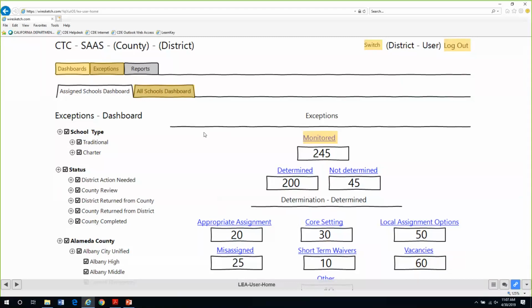And exceptions, when they are generated by the CalSAAS system and they're loaded into the CalSAAS system for viewing, while the work occurs first with the LEA to justify those exceptions, they're immediately viewable at the same time by both the LEA and the MA. So both the monitoring authority and the local education agency can both view all exceptions at the same time. It's just that the monitoring authority wouldn't touch those until after the justifications are provided by the LEA.